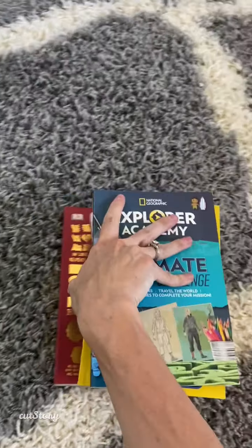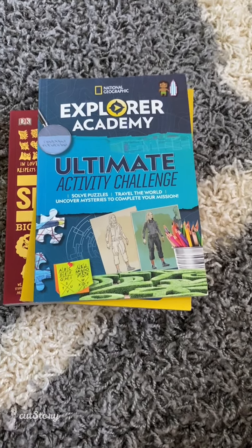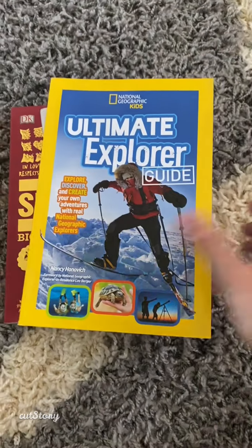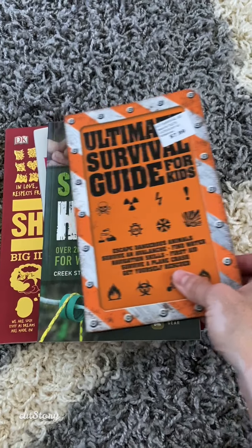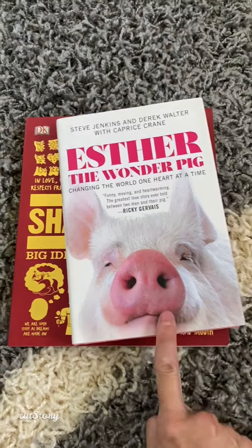We are also doing Jessica Waldock's Survival School, and I'm going to mix it also with Adventure, and so these books kind of go with that study. So we've got Explorer Academy Ultimate Activity Challenge, Ultimate Explorer Guide from National Geographic Kids, the Ultimate Survival Guide for Kids, Survival Hacks: Over 200 Ways to Use Everyday Items for Wilderness Survival. We are doing